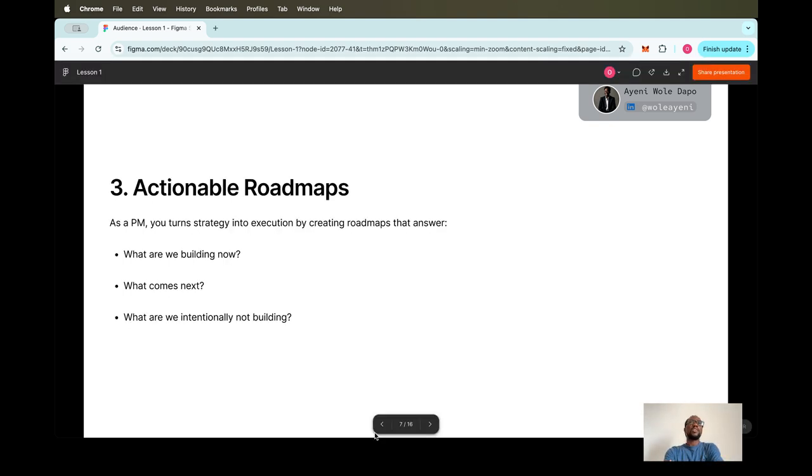As a product manager, we've seen scenarios where your market research indicates that your customer has more than one problem. Do you solve for all these problems at the same time? Hence, there's a need for a roadmap. A roadmap helps you clearly identify what we are building now, what comes next, and why we are building it now. It's important to have this mindset: solve your customer's most painful problem first.